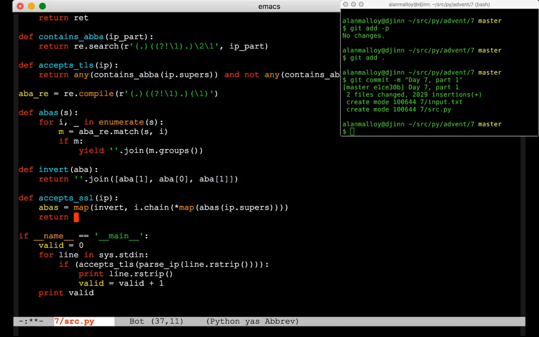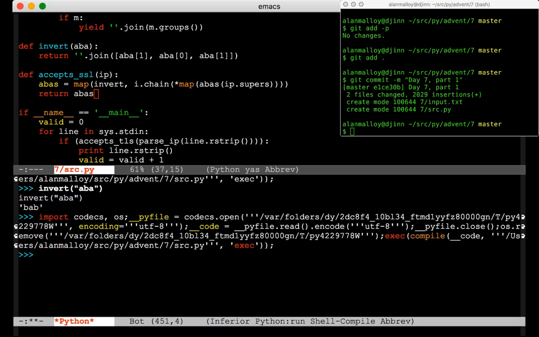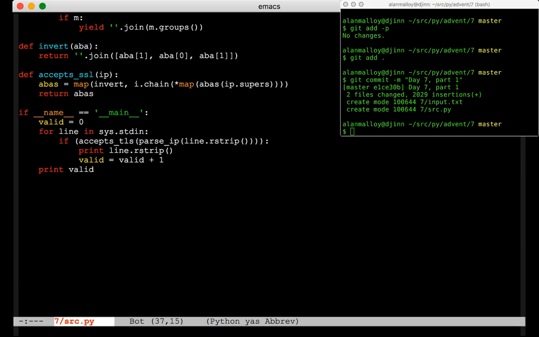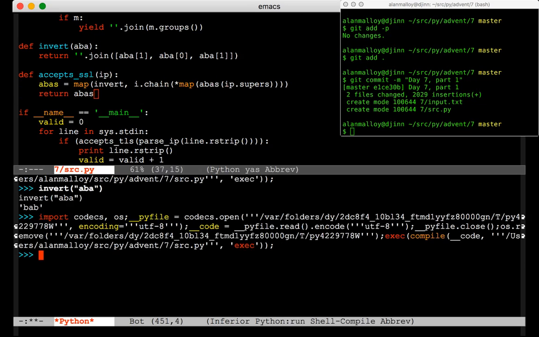Oops, can I import itertools as I? Well, we'll find out, I guess. Let's just return ABAs now and see if we got that at all close to right. Well, it compiled, so I accept. I don't know. Let's try accept SSL of parse IP of